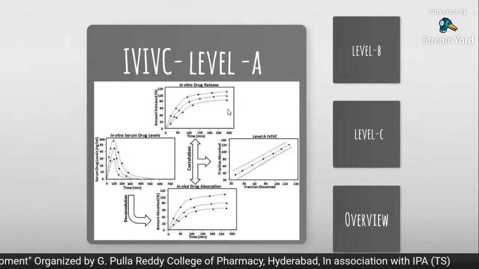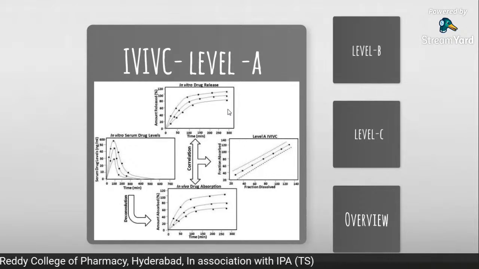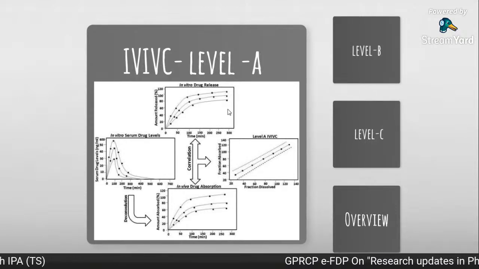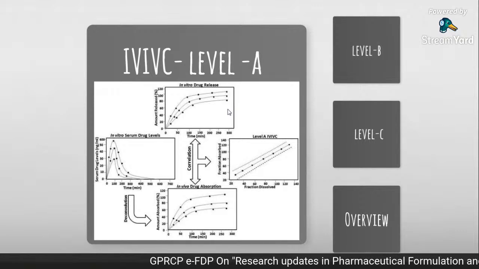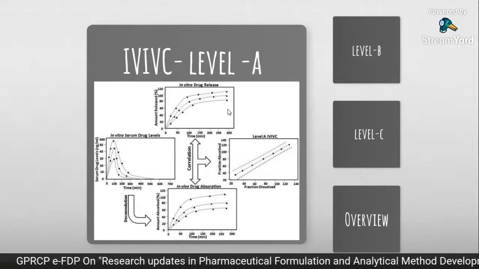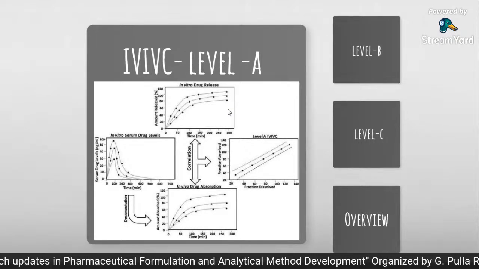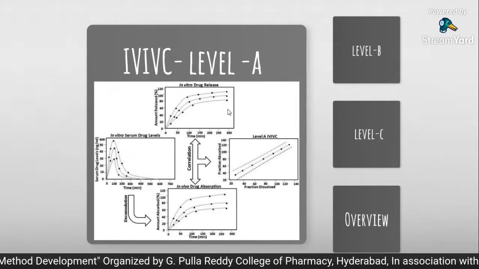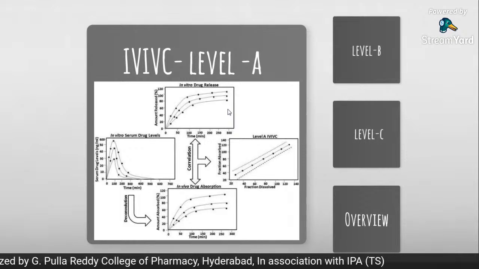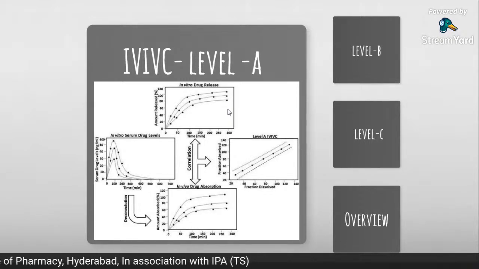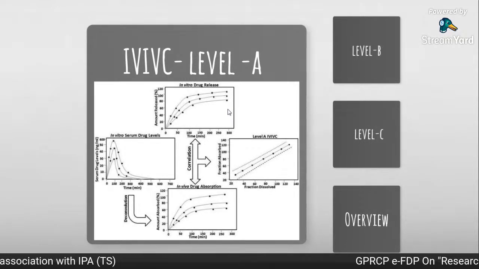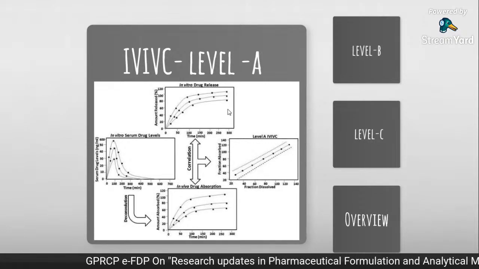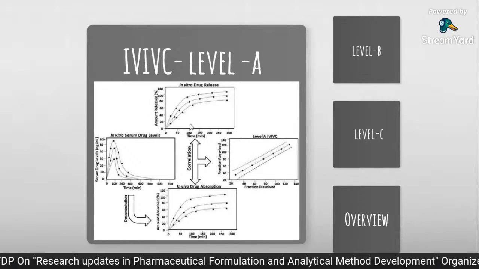The first level is we need to perform the dissolution in various medias with different RPM. Sometimes, if it is a sustained release dosage form, for the initial 2 hours it will be exposed to the HCl in the stomach, followed by exposure to the alkaline pH in the intestine. Then these 2 medias should also be covered in the dissolution profile. So the first level is to get the dissolution profile in different medias with different conditions. We can have 10 medias or 15 medias, forget about the number. As much as possible, try to generate the dissolution profile in several medias.